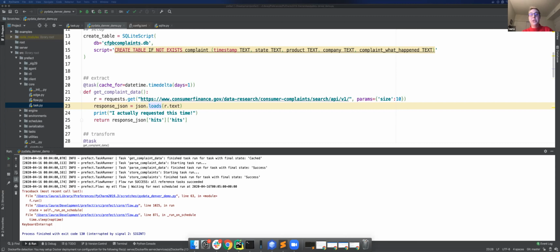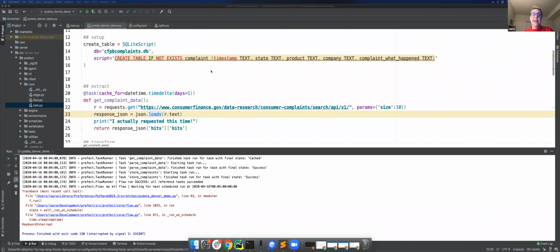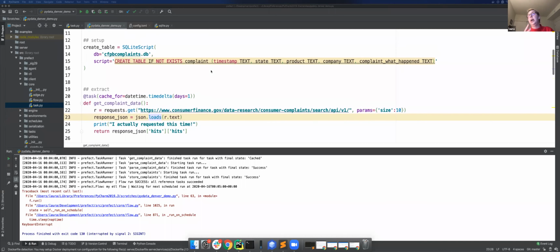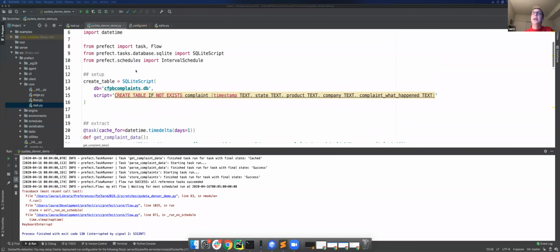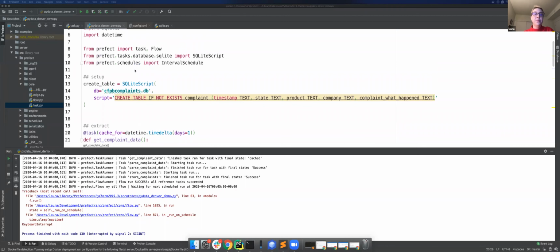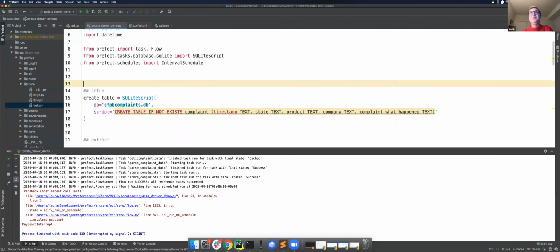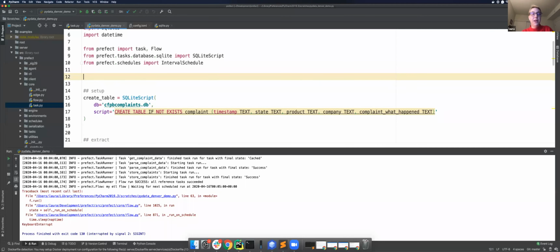So let's do a really simple example so you can see what the syntax is like and how it works. What I'm going to do is write a state handler that I will attach to all of these tasks that if they're failed, it will print out something to my terminal just so we can see it. But again, normally you're alerting somehow or doing any other type of special cleanup or code that you want. So I'm going to, at the top of this file, define this alert failed